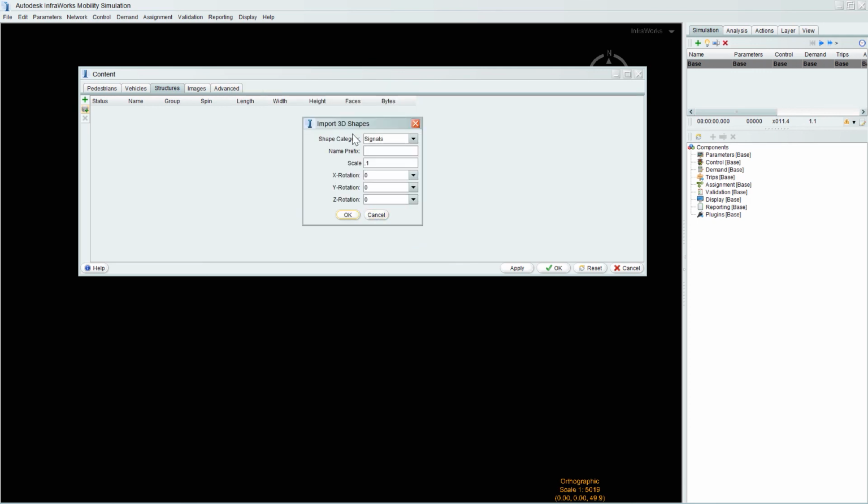So I've selected that model. We get this import 3D shapes dialog box. We can select some sort of category. We can put a prefix in if we want to, and then we'll need scale. So in this particular case, yeah, I think 0.1 is probably about right. And then we can add a rotation in any of the 3 axes.